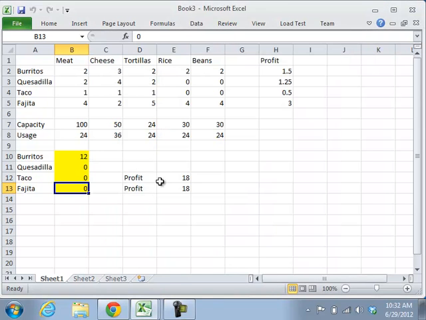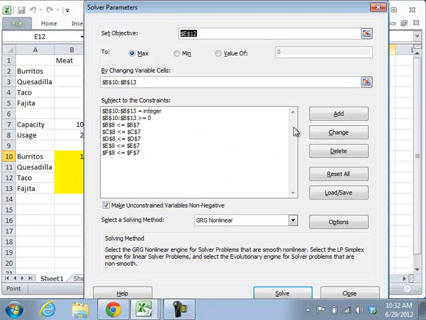Solver comes back and tells us that we make the most money by making nothing but burritos, and that using that we are going to make $18, and we're maxing out on the tortillas we have. So it seems that the limit that we have right now is tortillas. If I doubled that to 48 and ran Solver again,